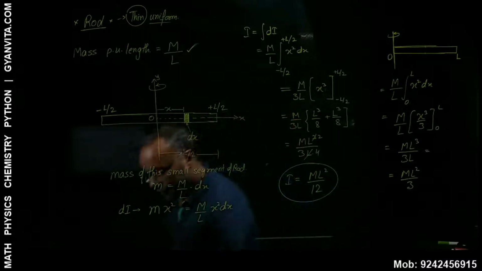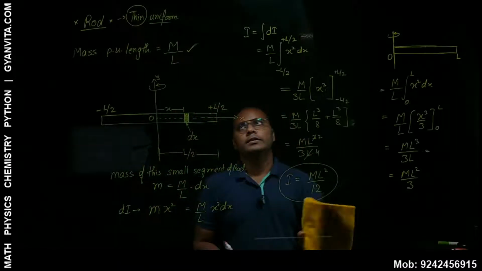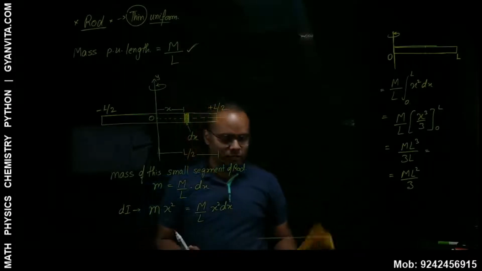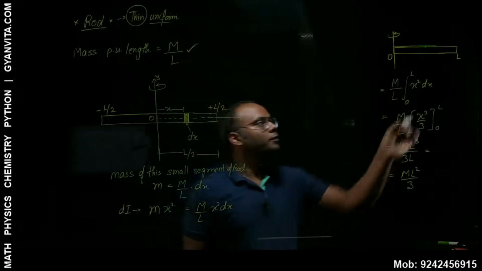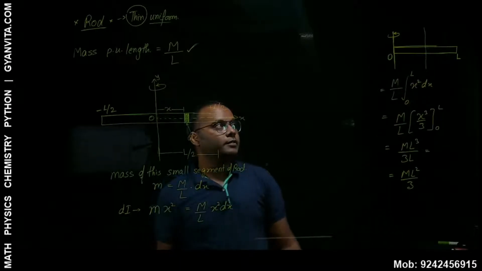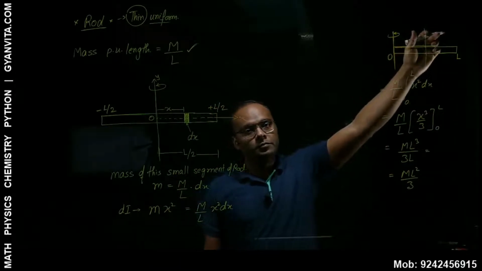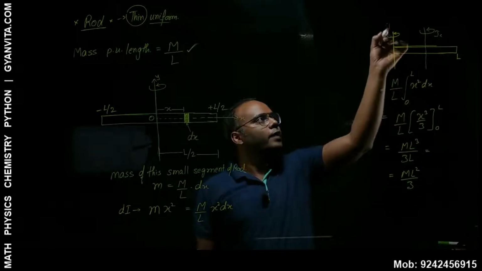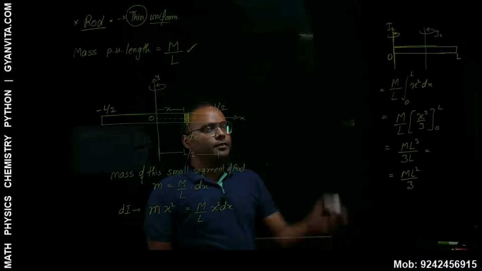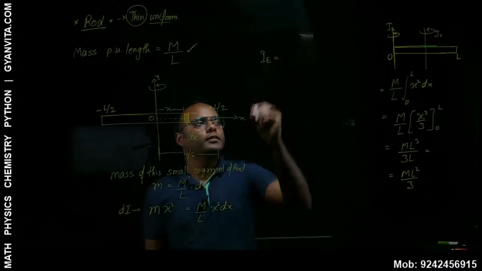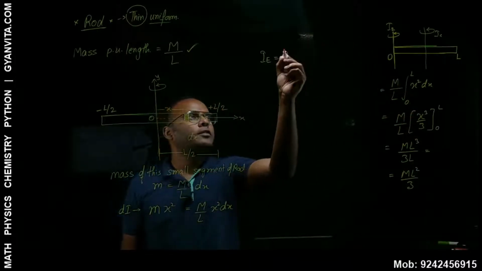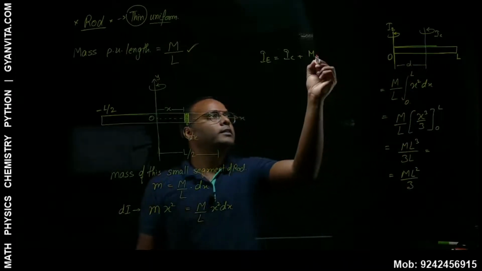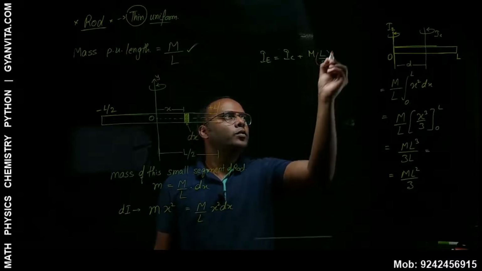So that is, if we start from scratch, that is, we are applying the integration method itself. That is also one of the ways. And we also have seen in the previous cases that we can apply the parallel axis theorem as well. We already know the moment of inertia along the axis which passes through the center of mass, that is, suppose we'll say that is IC. We have to find this along the edge, IE. So this IE will be nothing but the moment of inertia along center of mass plus m d square. And what is d? D is L by 2 whole square, right?